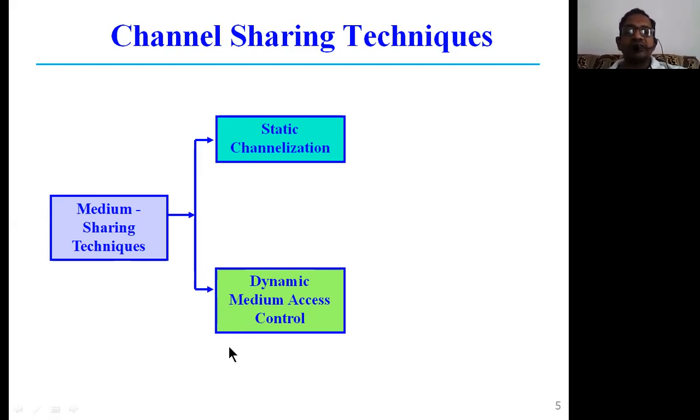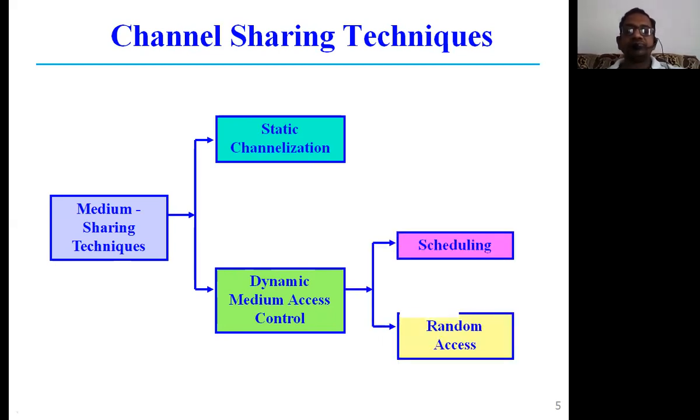Whereas dynamic medium access means what? These protocols are going to change their behavior based on the prevailing conditions. Just like the coronavirus is changing its forms based on the weather and various conditions it has got: mutation 1, mutation 2, mutation 3, wave 1, wave 2, wave 3. So dynamically it is changing. Whereas static means only fixed, it never changes. Dynamic medium access control protocols are always going to change.